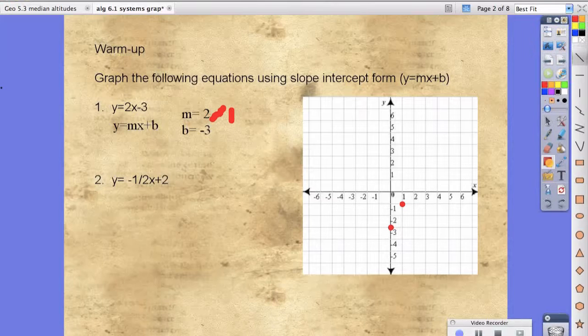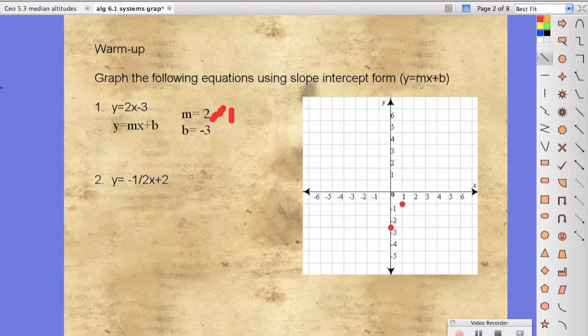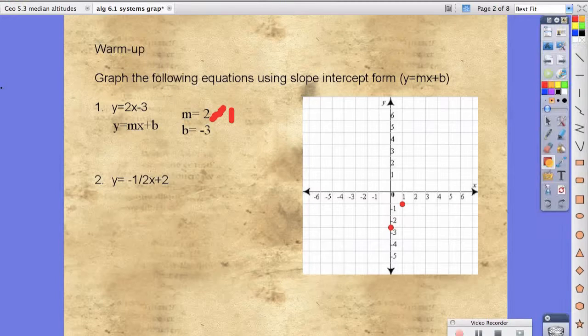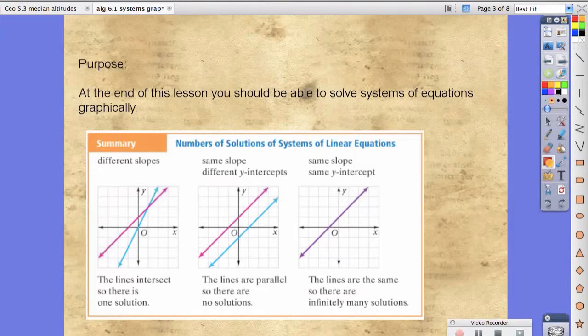From there, the rest is simple. We're just going to connect the two dots with a line and not a line segment. And we've gotten our graph. Now, the purpose is that at the end of this lesson, you should be able to solve systems of equations graphically. So to give us a summary of what our possible options would be for our solutions,